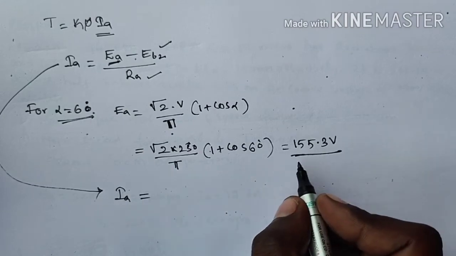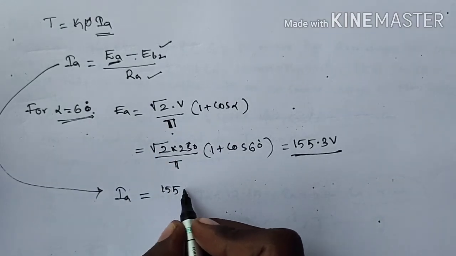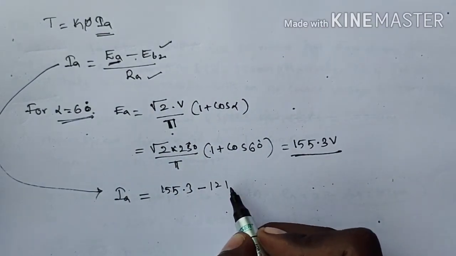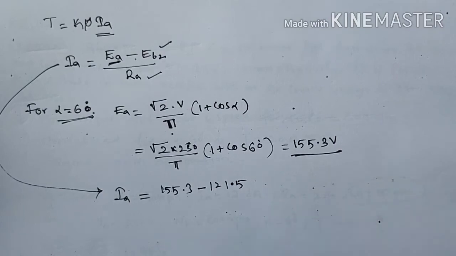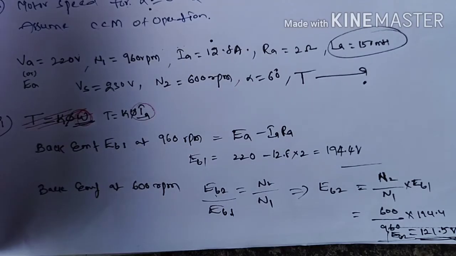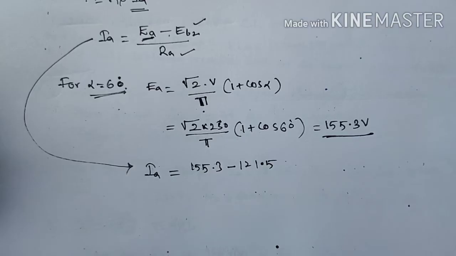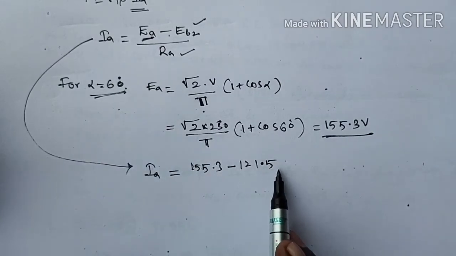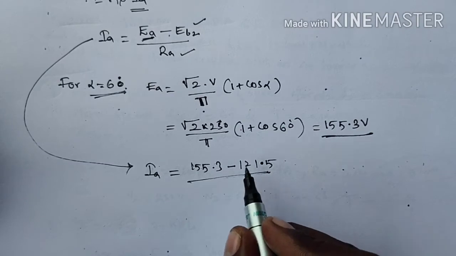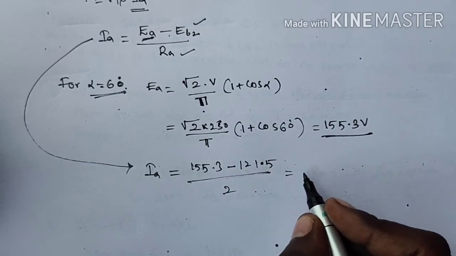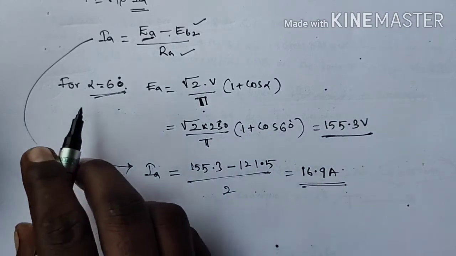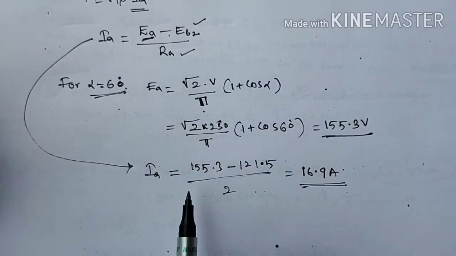Now you have to calculate the IA value. How to calculate IA? IA is equal to EA minus EB2 by RA. EA is 155.3. EB2 value we calculated earlier, that is 121.5. So IA is equal to 155.3 minus 121.5 by RA, which is 2. Now you get the IA value as 16.9 amperes for alpha equal to 60 degrees,